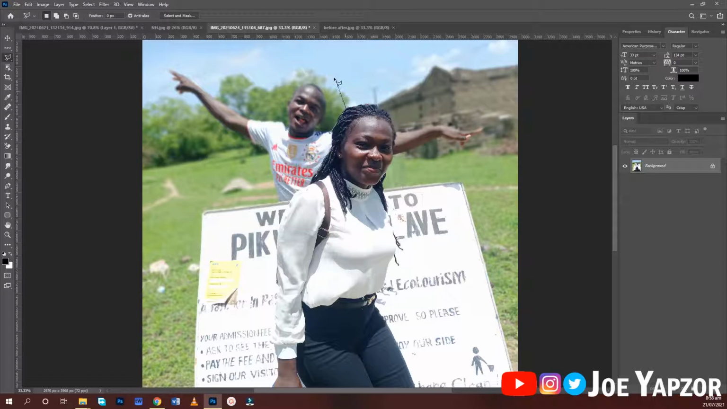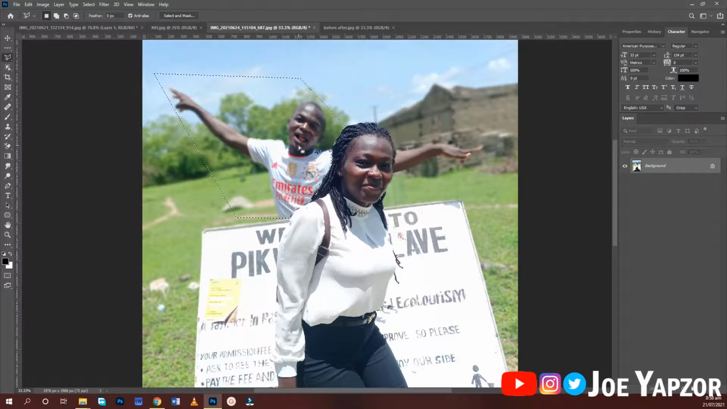The selection necessarily doesn't have to be perfect, it just has to cover the area that you want inside, to just differentiate it from the protected area. So you go back to your healing brushes, spot healing,